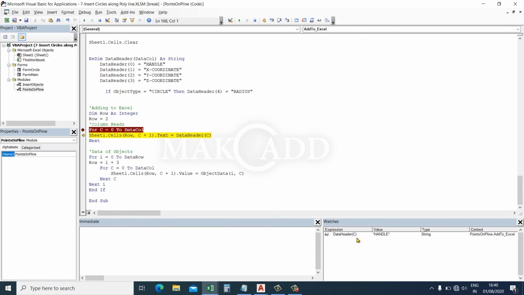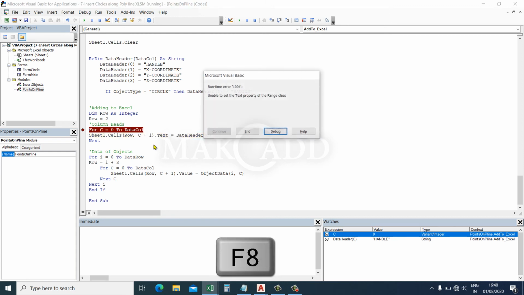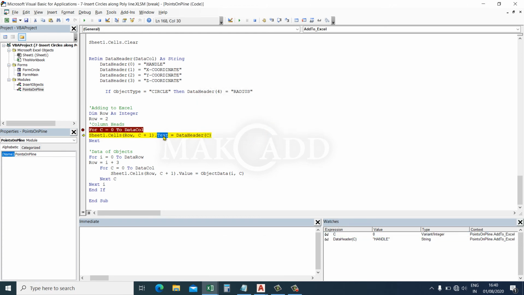So here data C is equal to this. And also move this C. Okay, C is equal to 0. Then again F8. So we cannot use text here. Change the value.